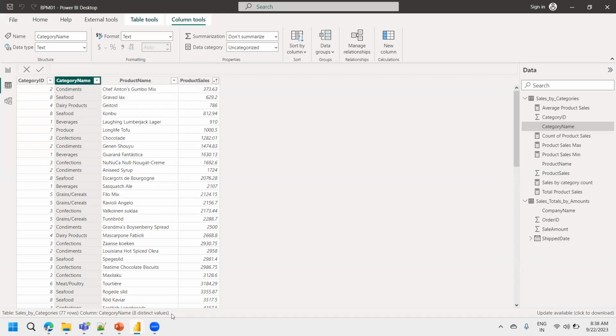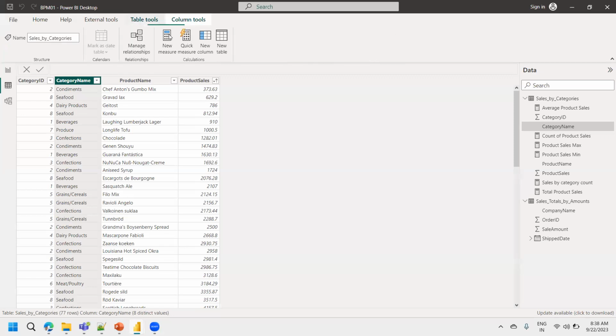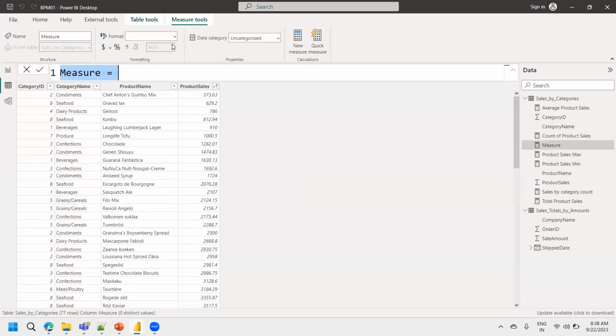8 distinct. So on this complete table, I'm going to perform a unique category name, unique, but we don't have a unique function. To get the unique, we are going to use distinct value. So try to make use of, here you are performing on the textual information count. Try to make use of new measure, click on the new measure, giving the name as count of category name is equal to,